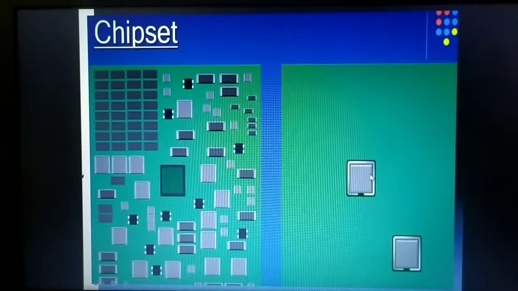Now what is a chipset? A chipset is a smaller set of chips that has been placed among the large number of chips. It is made up of various different kinds of chips. What is the main functionality of these two chipsets? It is to control the data flow between the CPU and the other peripherals like bus slots and the memory.